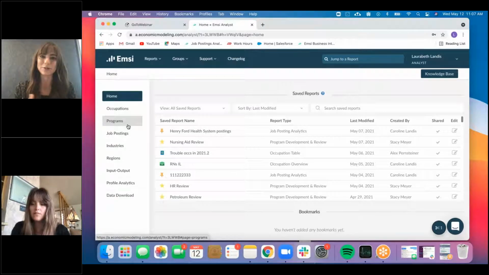Okay, so the first thing I just wanted to point out is if you have any questions, come across problems, etc., the first thing I would direct you to is please go to our support tab. Your account manager should be at the bottom and should have a phone number as well as an email. And so, yeah, if you have any questions and you wanted to directly talk to your account manager, that is where